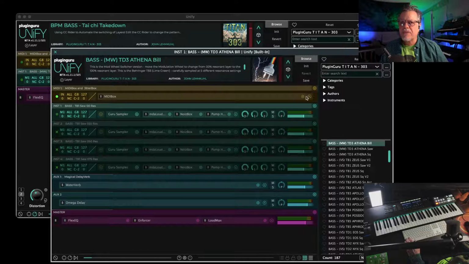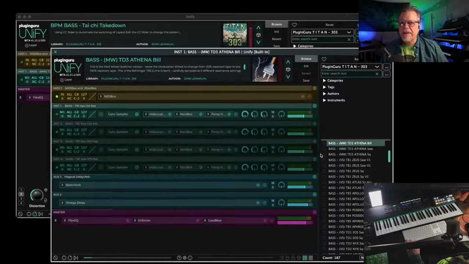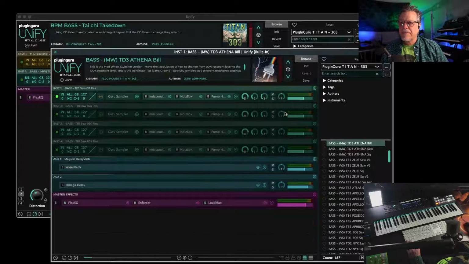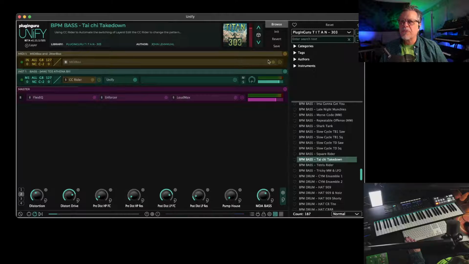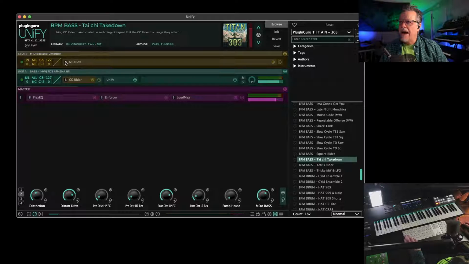That's why we use this, where we go over here, we say Operations, Copy Plugin State, hold down Options, or you can click here and say Delete. Because now that I have that MIDI file in my buffer, I can go up here to this one and I can just go over here and say Operations, Paste Plugin State. And now I have, this is playing the MIDI file that was inside of here, but since it's up above, now I have the